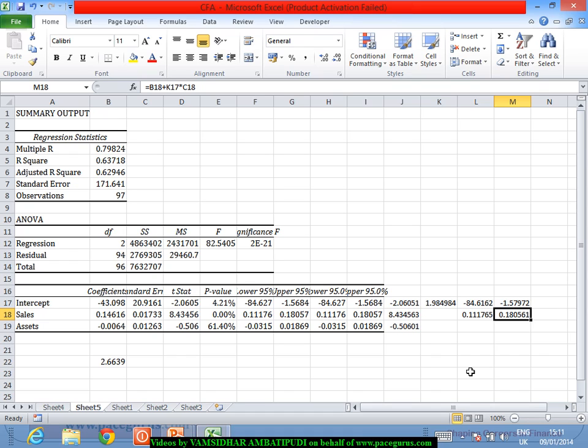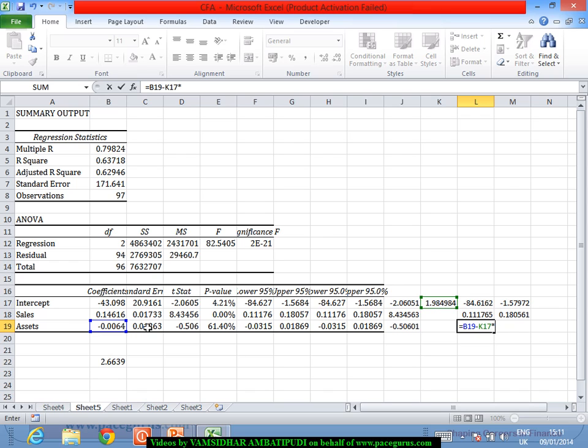Zero is again not present in that interval. Because 0 is not contained in the interval, we can very well say that the coefficient is significant and it is very much different from 0. Whereas if you look at the assets,